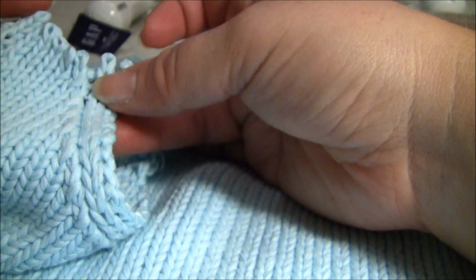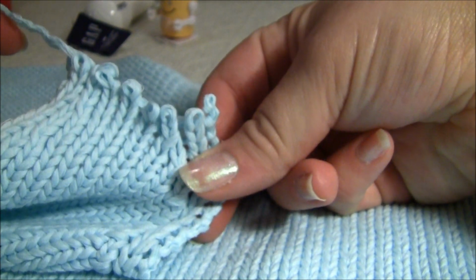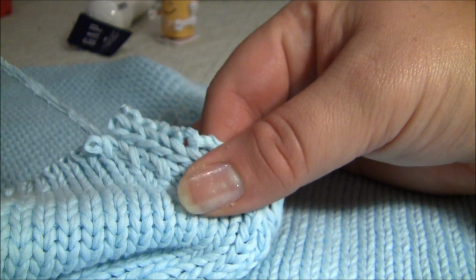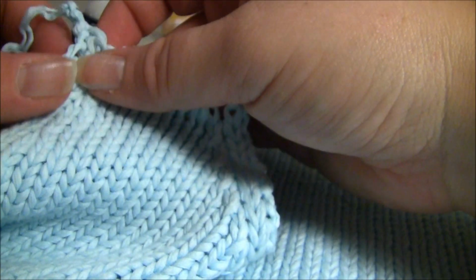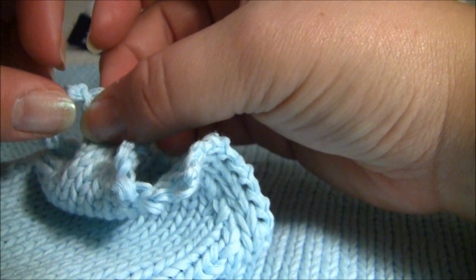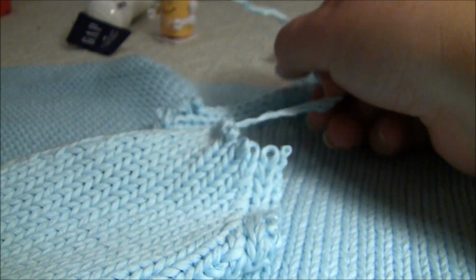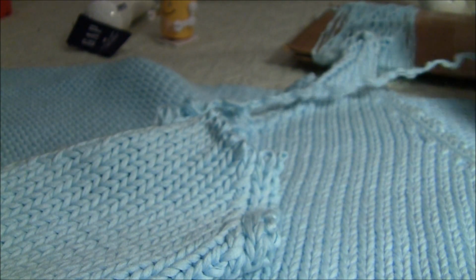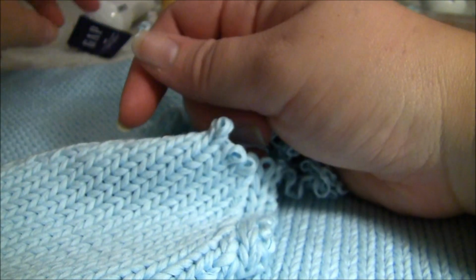The front is already starting to come apart, which is cool. So all I get to do is start unraveling it. Now, what happens is you're going to get excess yarn or loose yarn. What you're going to want to do is, as you unravel, you're going to want to put this yarn that's all wavy because it's been knitted up onto your nitty knotty